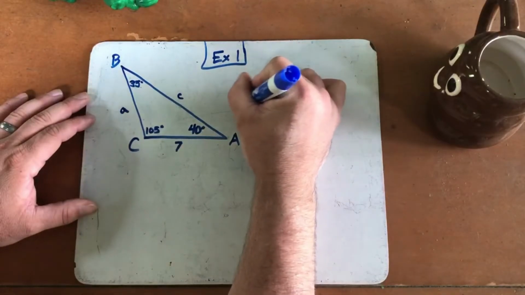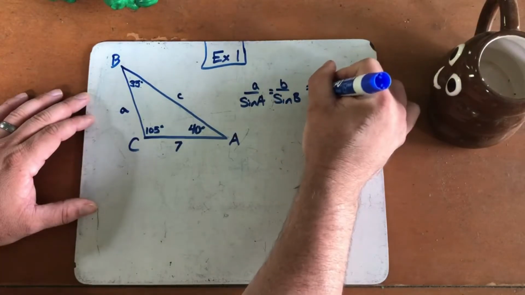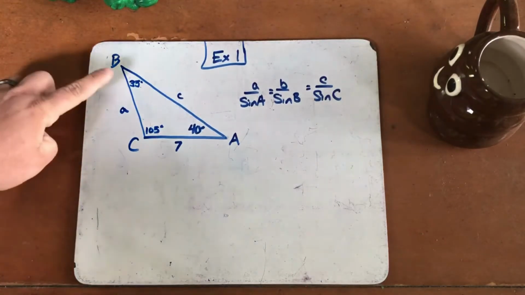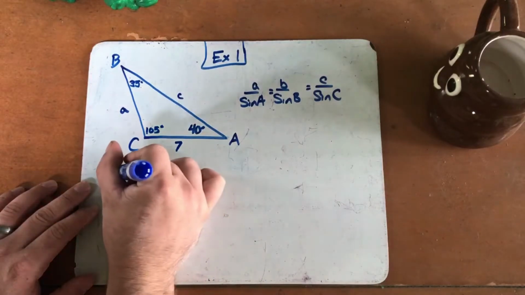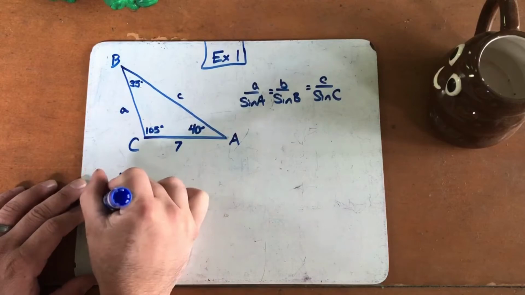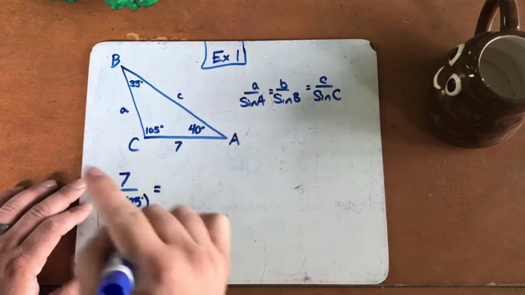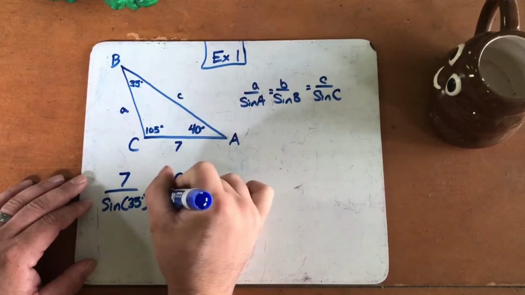If I use a over the sine of capital A equals b over the sine of capital B equals c over the sine of capital C, I can solve for my two missing sides. Let's find side C first. I'm using angle B and side B, and I know this is 105. When I set it up, side B, which is 7, is over the sine of 35 degrees, and that is equal to side C divided by